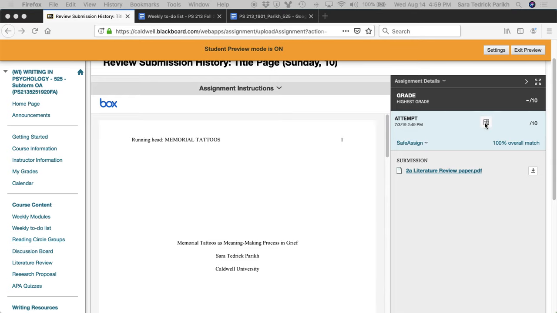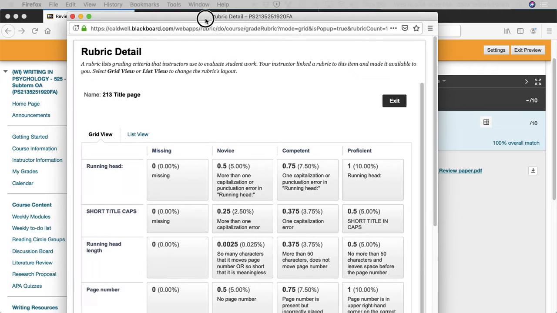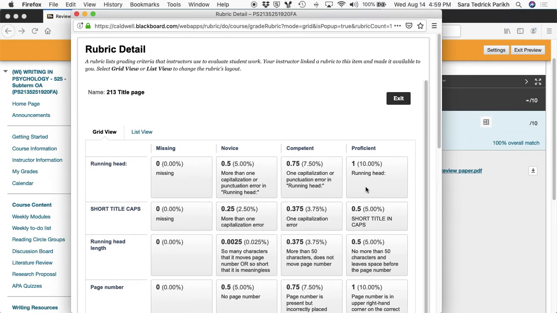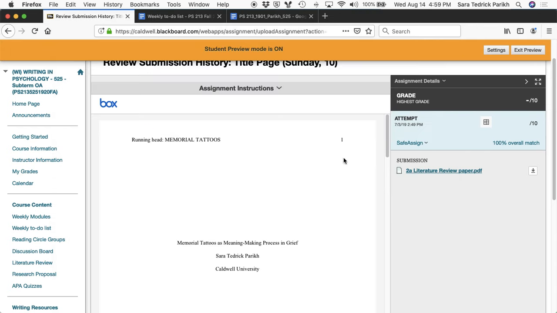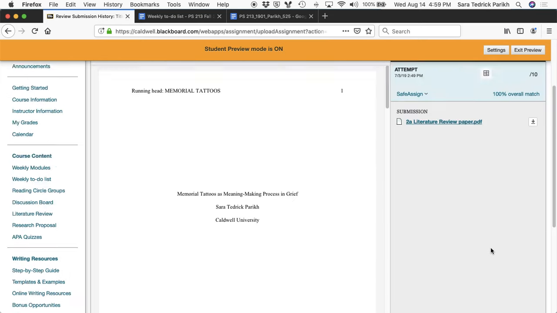You can look at the rubric, and that popped up in another window, so let me pull it over to where I'm recording. So you can look at the rubric, and what I do when I grade is I just click these boxes. So it'll show you exactly how I'm grading it. And if you scroll down, you can go,